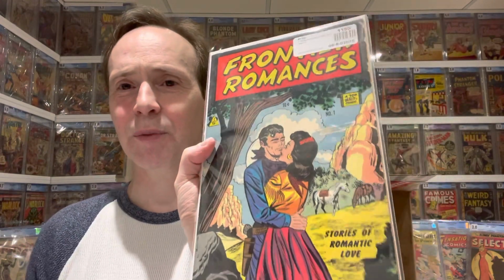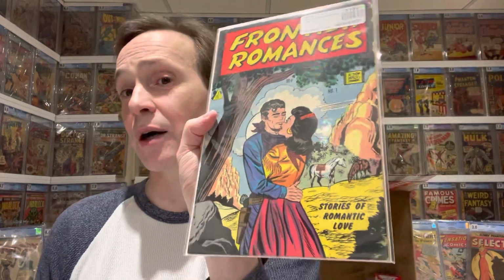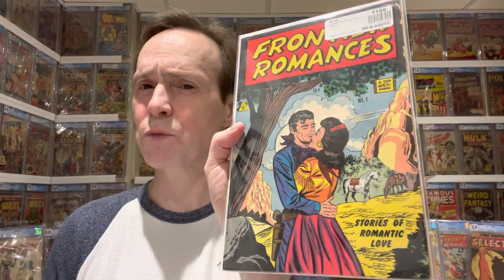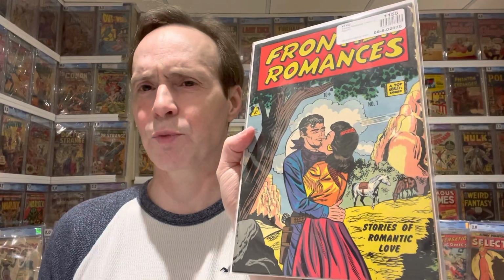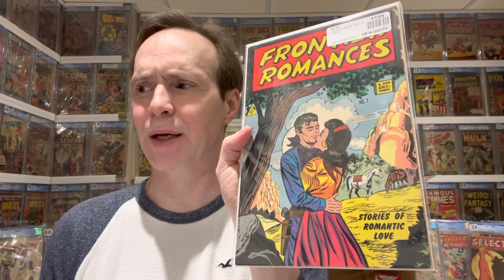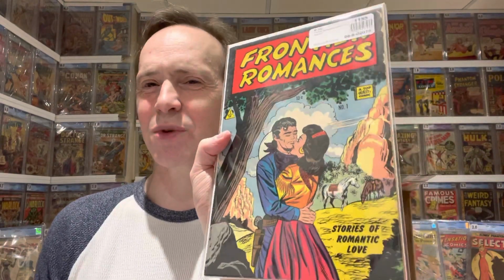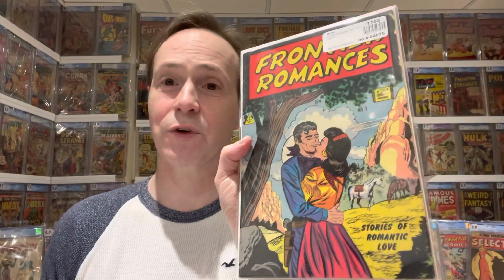So this came out I believe in 1963. And like IW Press, I believe. Yeah, I'm not sure what they call themselves. IW though would do all these kind of reprints, and there's some really cool ones. They did some reprints for Lady Luck and I believe Lady Luck, or Phantom. I know they did Phantom Lady. They did this one. They did some Jungle comics. So they would do reprints of kind of big books from the Golden Age,